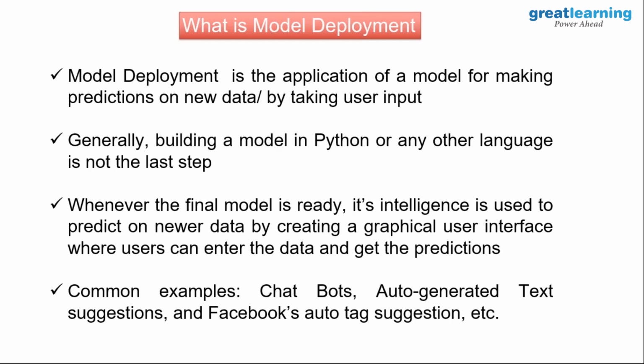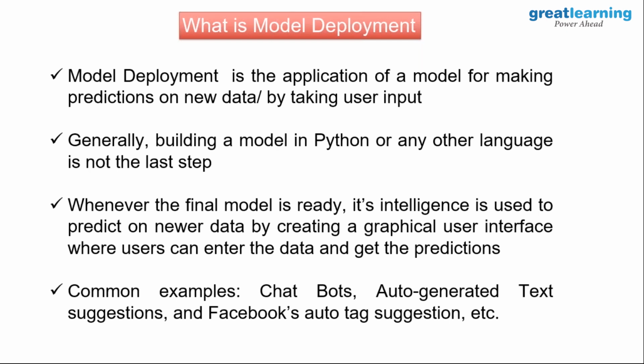As an example, let's assume you have built an application to find whether somebody would default on a loan or not. If I enter the bank and fill in the application saying that I want to apply for a loan, then while I am filling up the application, there are certain user inputs which I am providing. These user inputs are taken by the bank and given as input to the model, which will tell me the probability that I as a user will default on the loan. Okay. Because I am the new user who is entering the bank, I am the new user who is filling up the application form. That's why my data is known as an unseen data set.